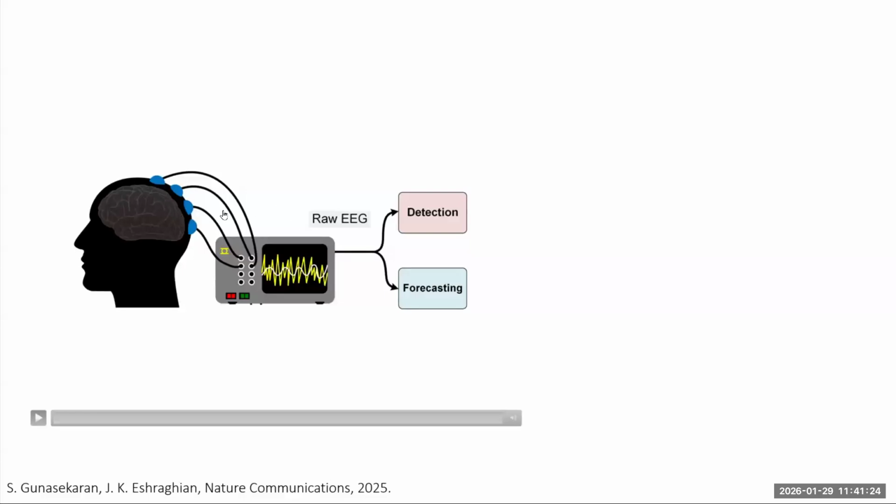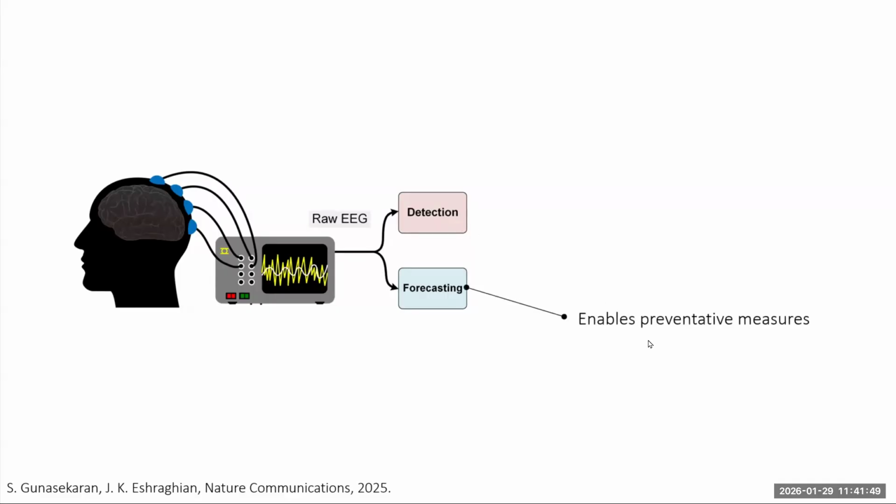You're extracting electrical signals from the brain, and my goal here is to pass that signal into two models. Model one is trying to detect seizures. It's trying to say, is there a seizure right now? The other model has a harder job. It's trying to tell me, will there be a seizure in the future, 30 minutes into the future? So I hope you can appreciate detection is easier and forecasting is not so easy.